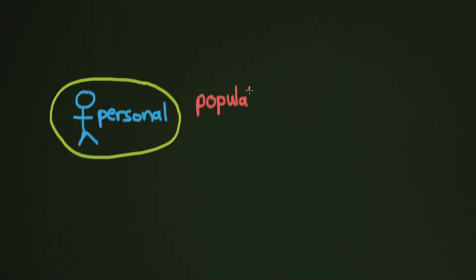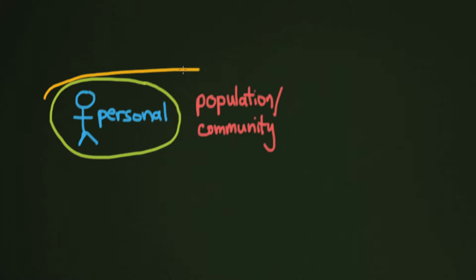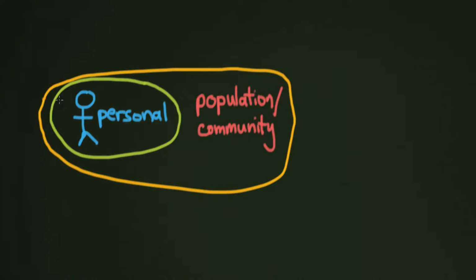Population. So you are a part of a population of some kind. And I'm going to group it together with another word that we hear a lot and we'll be talking about in this course a lot, the community. And a lot of times this population and community level is used as a way of comparing different groups of people.